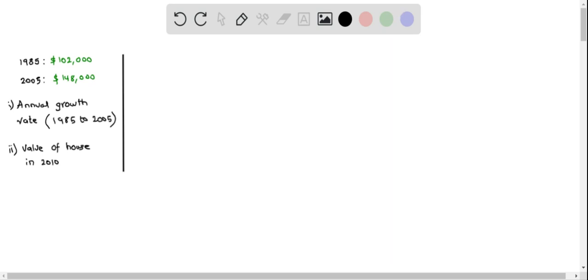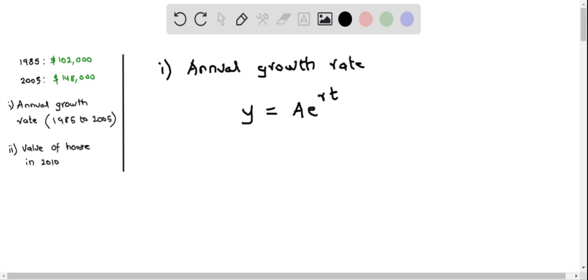So let's do part one question. Here we have to determine the annual growth rate from years 1985 to 2005. So for this, I'm going to use this exponential function, that is y equals ae raised to the power of rt, where y represents the value of the house after t years,